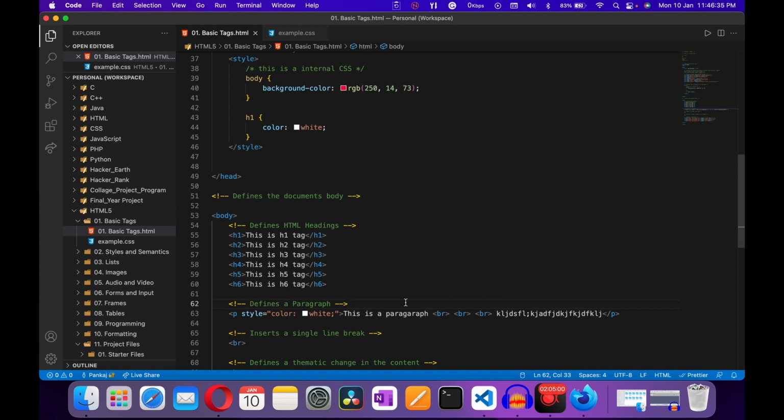So guys, we will learn more about CSS, inline, external, and internal in my upcoming videos. But this is an overview of the style tag. So in overview there are 3 types of style, which are inline, internal and external. The working of the 3 types of style is the same, but the difference is the way of defining your style: inline, internal or external. So that's all about the style tag.